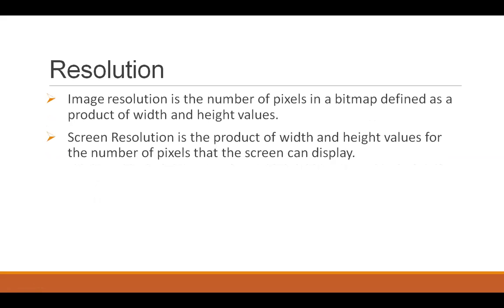Now, the last concept we have to understand in terms of calculation of size is the resolution of the image. The image resolution is the number of pixels that the image is actually containing. Whenever you describe an image, you describe it in terms of resolution, an image of 600 by 800 pixels. So what you are telling is that the number of pixels of an image is the product of the width and height values of the image.